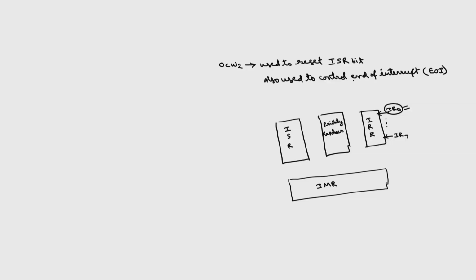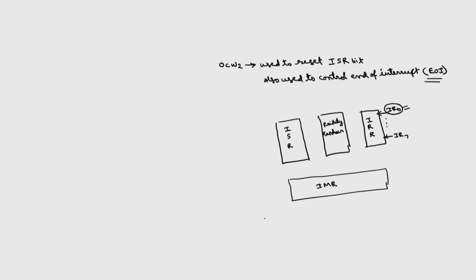Now, how to represent the end of the interrupt? We have discussed the start of the interrupt, how this interrupt service will be started, and how to represent the end of interrupt is also equally important. In order to represent this end of interrupt, we will use OCW2. There are three ways to represent end of interrupt. Before going to the format of OCW2, I will discuss the ways in which end of interrupt can be performed. One is called specific, another is non-specific, another is automatic.